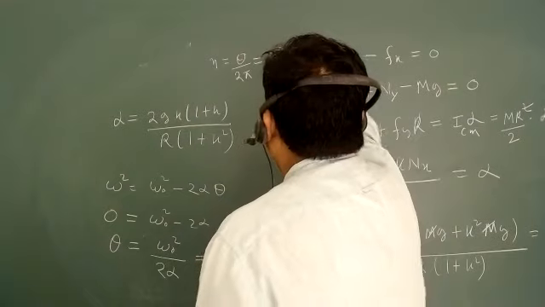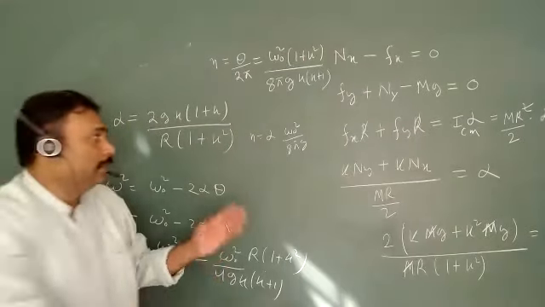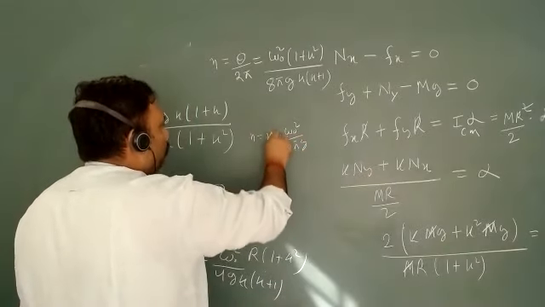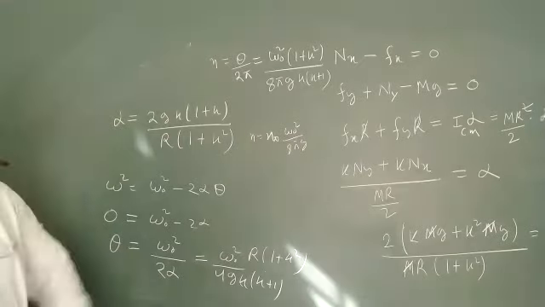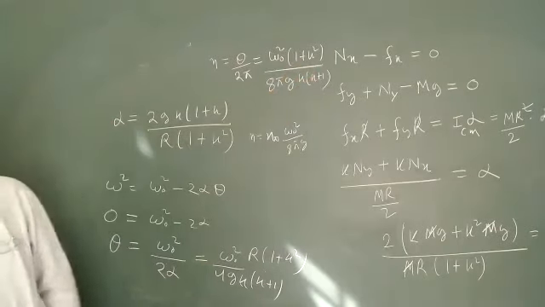So what is the value of alpha? You can calculate from here, isn't it? Not alpha. Don't take alpha. Alpha is acceleration. So take some n naught, isn't it? So you can get the n naught as 1 plus k square by k into k plus 1.